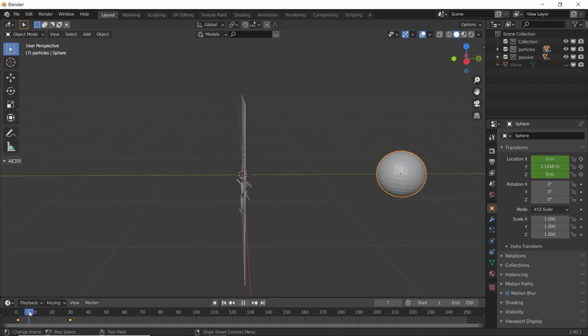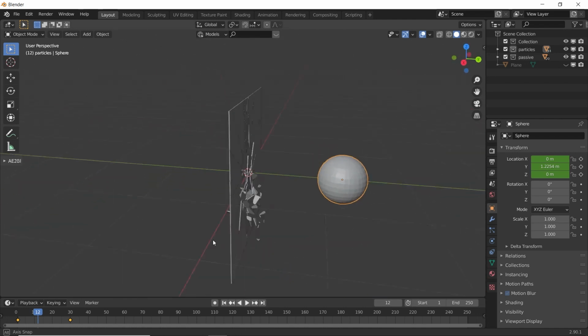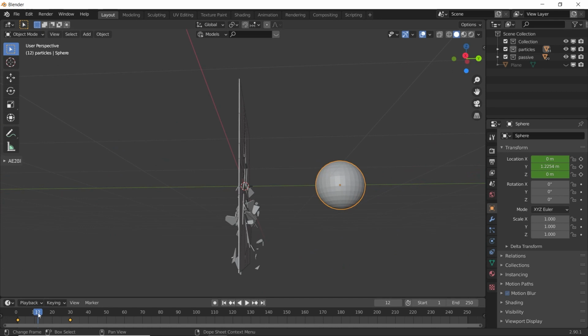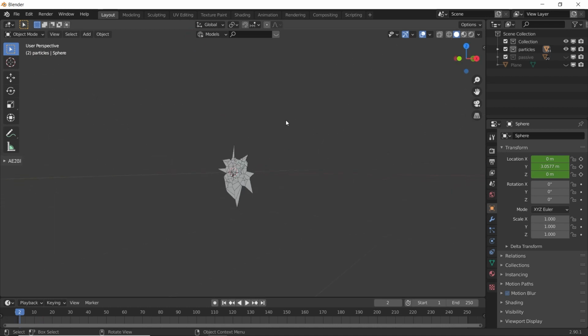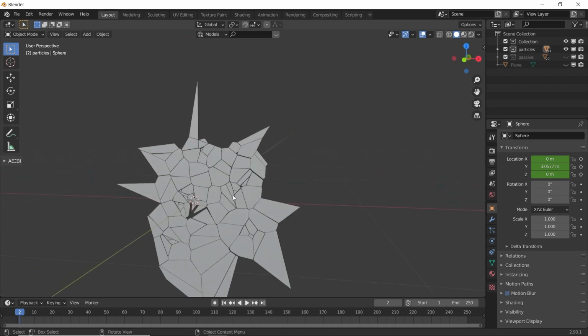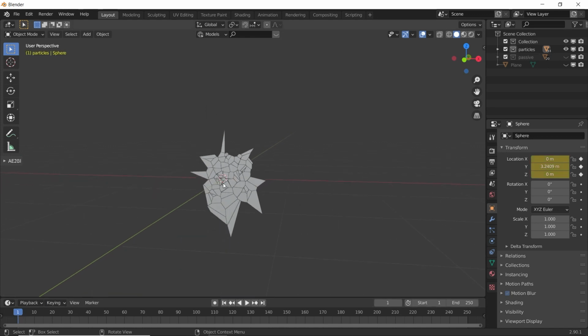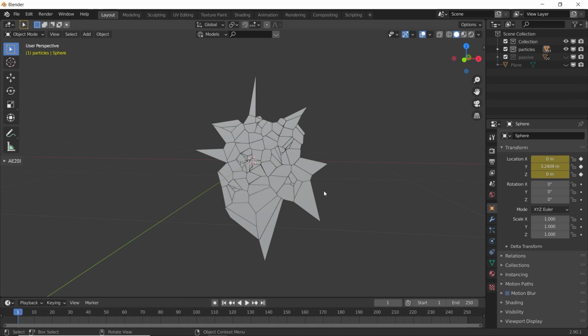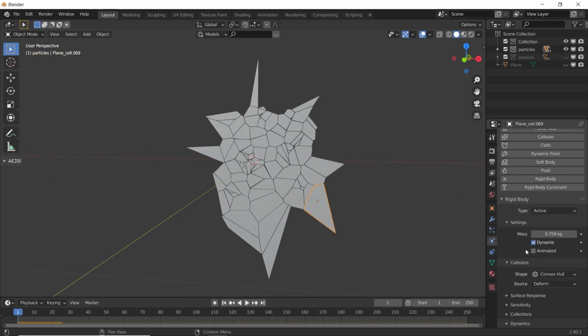before the ball hits this glass, these glass particles start falling down. So I don't want that one. So let's hide these passive objects and let's hide this sphere. Now select an object from any of these particles. Go to physics properties.